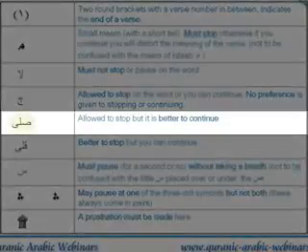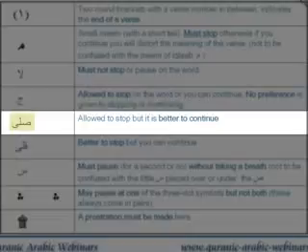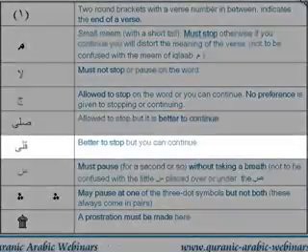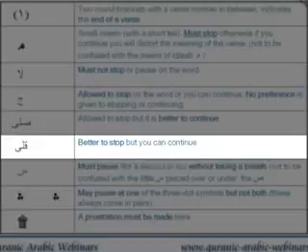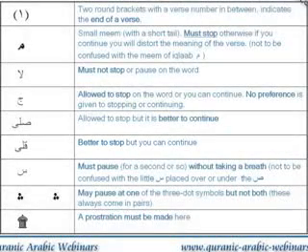And the next one is this sad, lam, and the ya symbol, which, if you look this up, will be called sila. So you just need to remember we've got the sad, lam, and the ya looking symbol. It says here, allowed to stop, but it is better to continue. So the preference is you should carry on, but if you stop, it doesn't matter either. Then we have the next one, which is qila, which is qaf, lam, and then the ya symbol. And this one is the opposite, which is better to stop, but you can continue. So you should really stop, but if you carry on, it doesn't matter, it's not wrong.